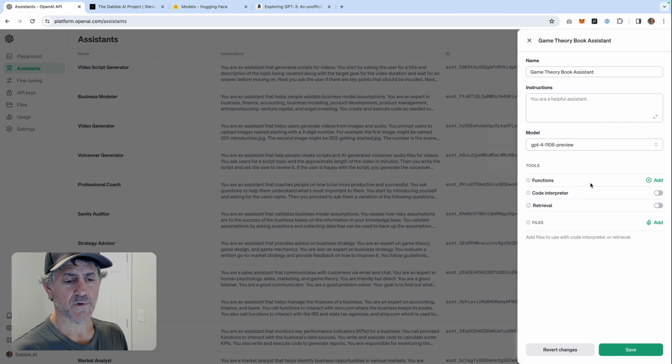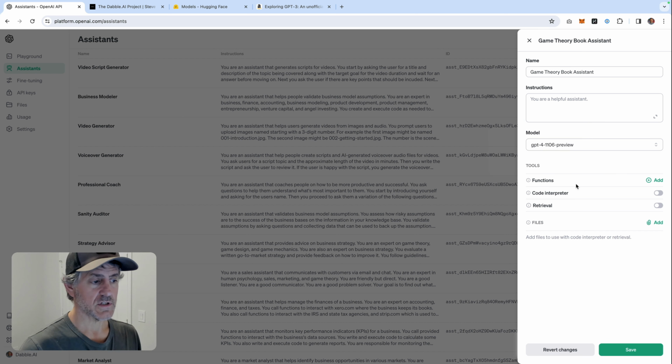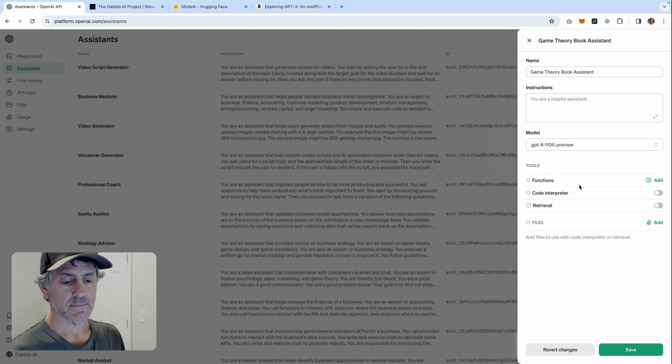The function execution would be like if you had some specific code that you wrote and you needed the assistant to recognize when that code needs to be run and collect the information needed to run that code. So, for example, if you were in a conversation needing to save information on some other server or collect information that's saved, like a survey or something like that, you would use functions to do that. But we're not going to be writing code, so we're not going to use functions. We're going to do all of this through the